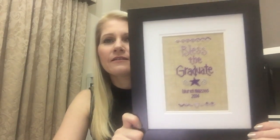And next is Lizzie Kate Bless the Graduate, which I stitched for my daughter because she graduated high school. And this is it here. With this one I made a few changes. I stitched this on 32 count lambswool linen, and this was my first time using variegated thread. I'd never used it before. So the variegated thread is DMC number 52,